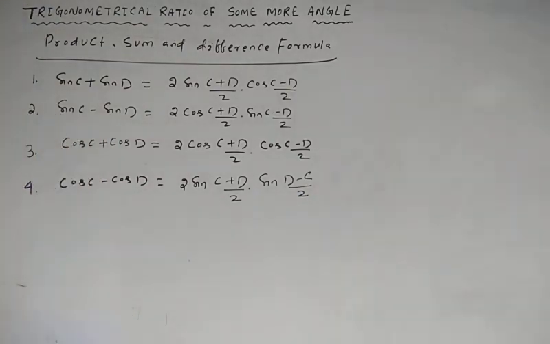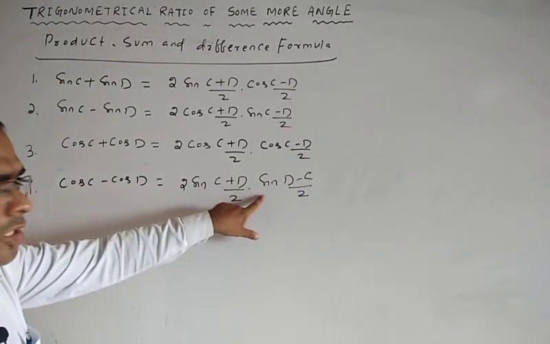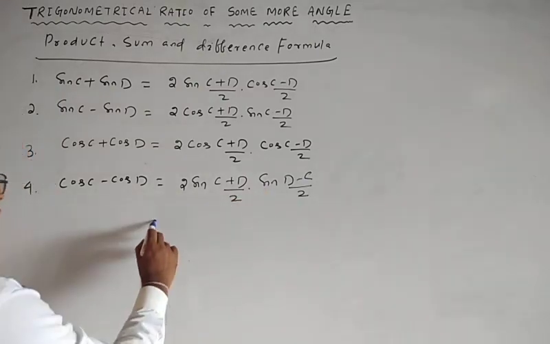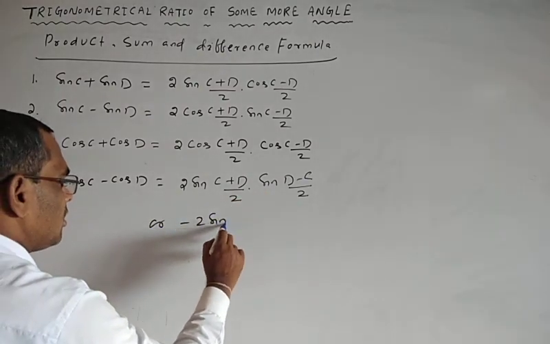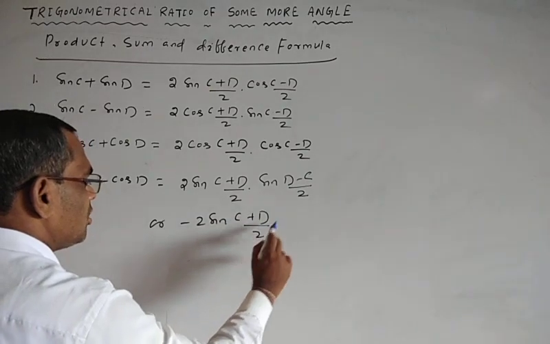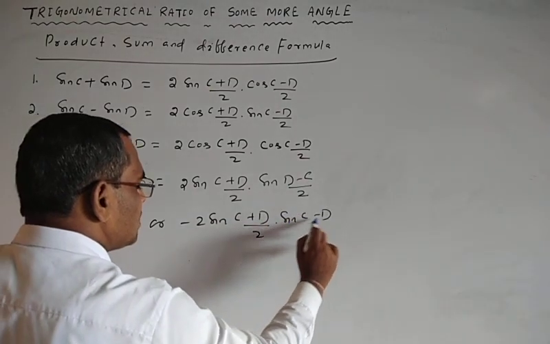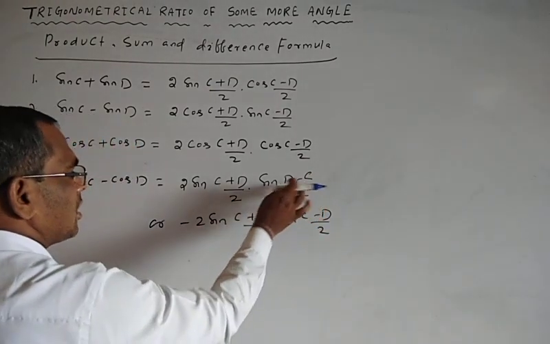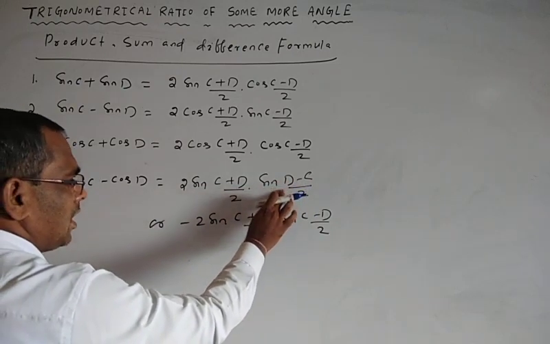So cos C minus cos D, this is the formula: 2 sin (C plus D)/2 into sin (D minus C)/2 or minus 2 sin (C plus D)/2 into sin (C minus D)/2, because